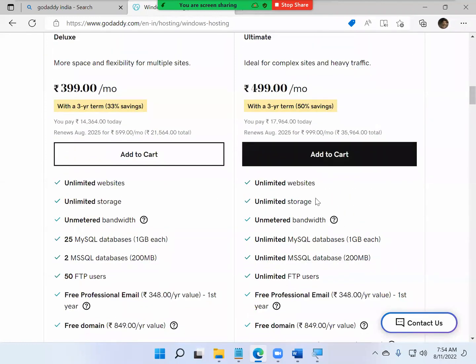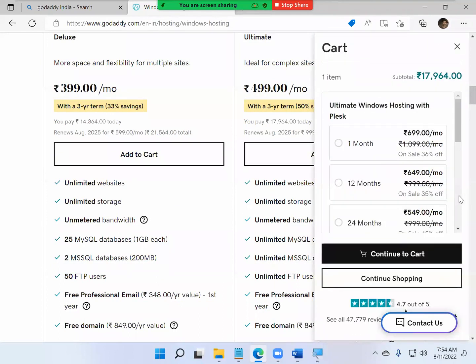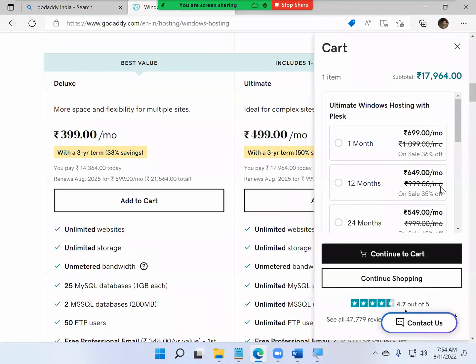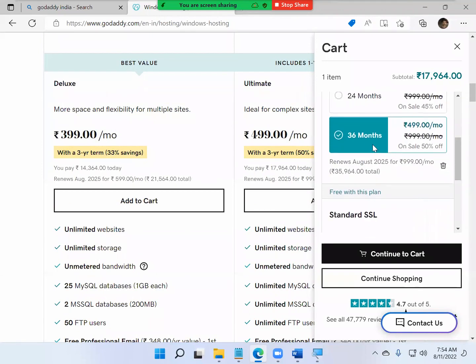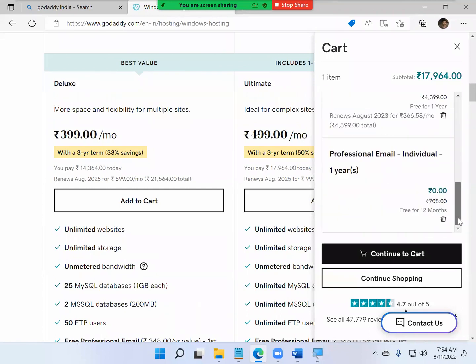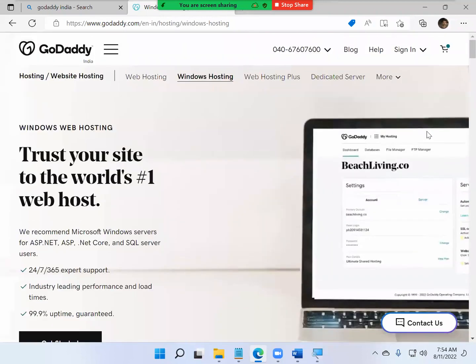It is added to the cart now. It is showing 36 months, 499, and all these are included. Now, when you open that shopping cart, what is it?